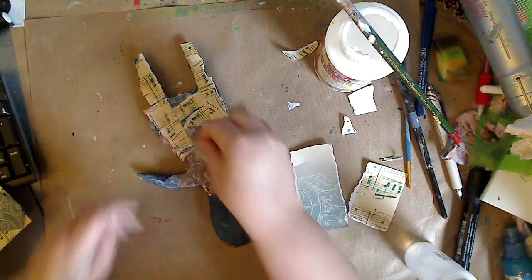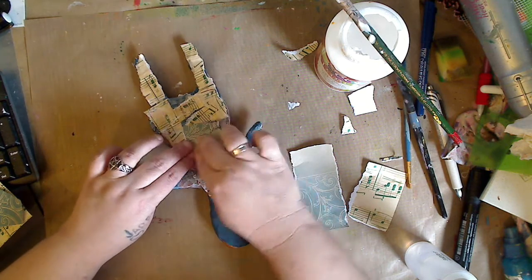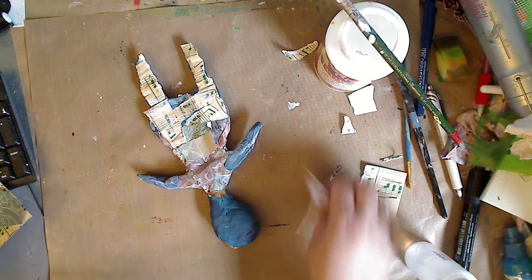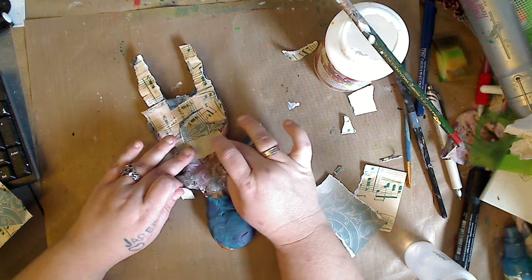And it's just, you know, I'm going to lay it down. And you don't have to cover up all the clay. I mean, you want to cover up a lot of the clay, but not necessarily be so OCD that